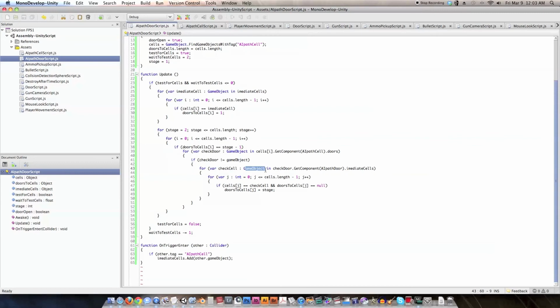It is of type GameObject, and we're going to have checkCell loop through everything that is inside of, and now we have checkDoor because we're looping through all of the doors that are attached to all of the cells from the previous stage. So as we're looping through that, I lost track of where I was. Okay, so